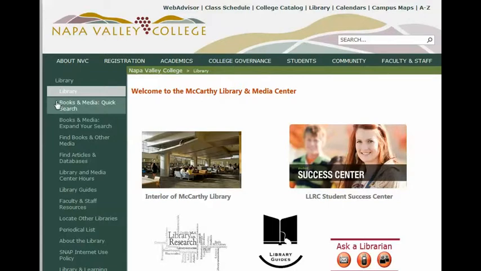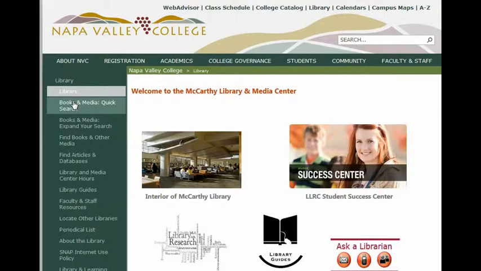It's a quick search for books and media, and at some point in your research you may actually want to look at books to see if you can find an introduction or a chapter that might be useful in your project. For our project, you don't want to read full-length books. You won't have time. Our goal is to get a sense of the conversation about your topic, and so you don't need to read a full-length book in order to do that. But again, this link is here for you should you want to see if there's a short selection from a book that would work. So this link will take you to any materials that we have in the McCarthy Library,